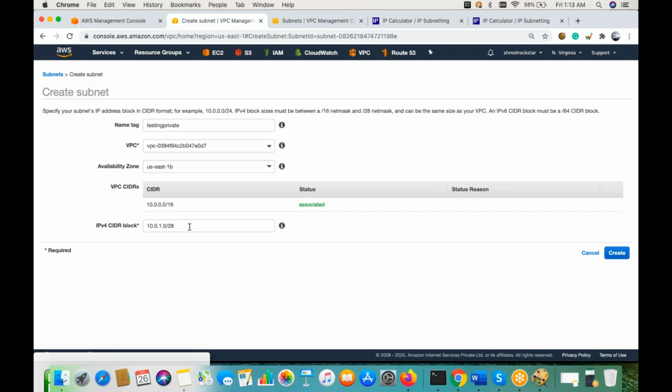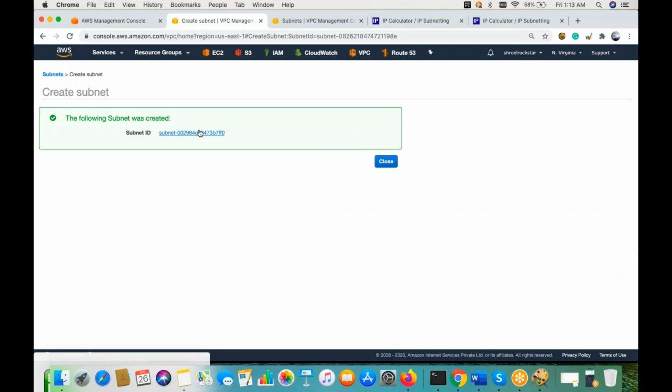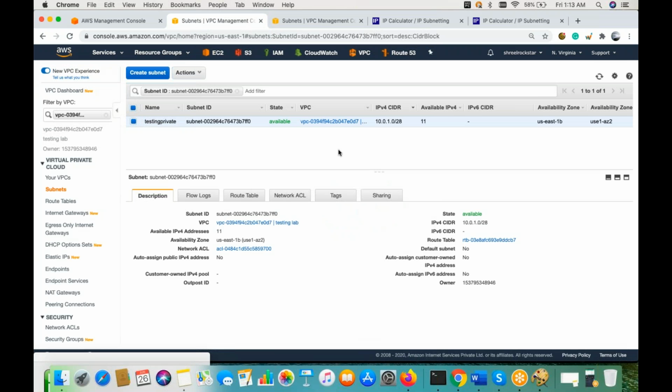Right, let's see how many IP addresses we are getting with a /28 subnet. So this one has 11 IP addresses. So guys, the reason why we are doing this is that generally we have a dev environment, a stage environment, and a production environment. So with the network calculation we can get an idea, like, in dev we are expecting 11 machines, or 10 machines, or 20 machines.